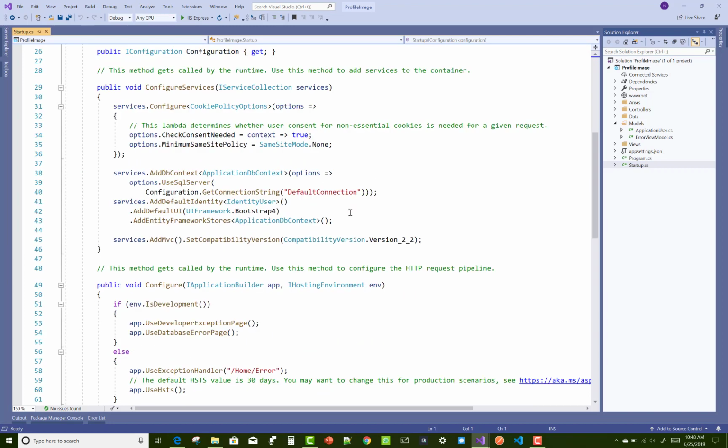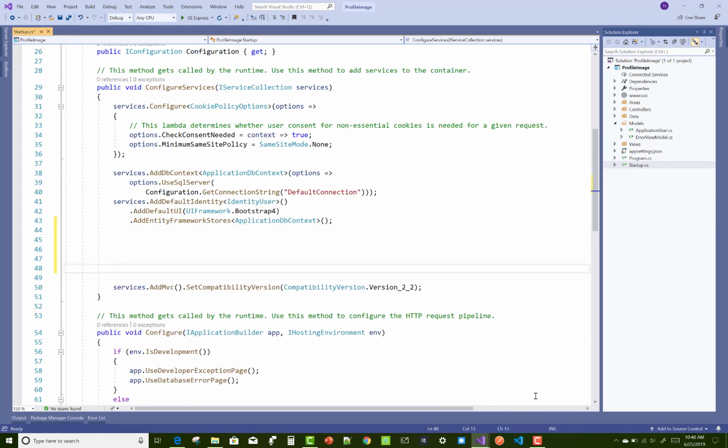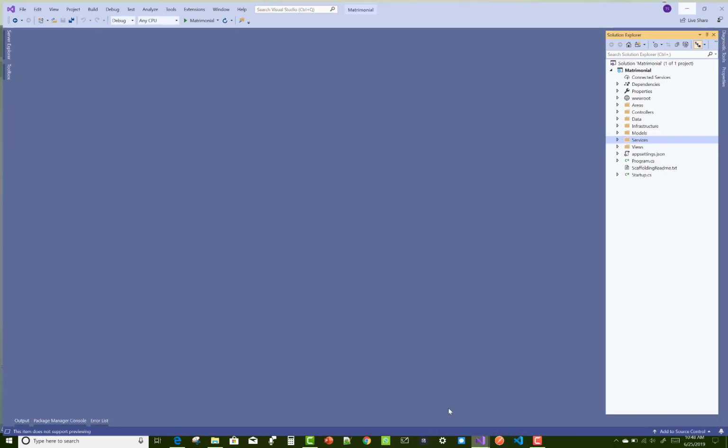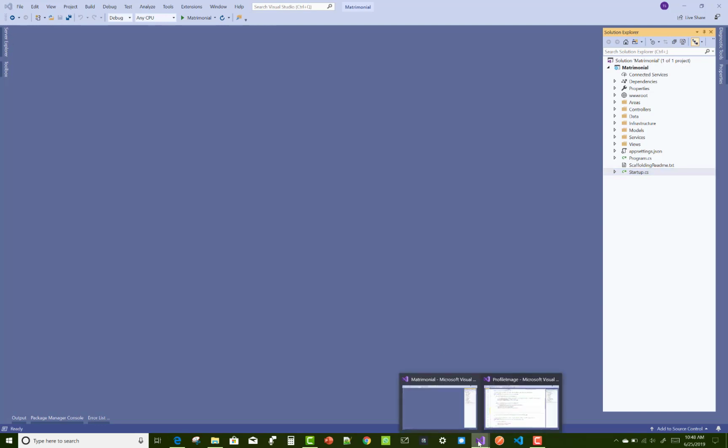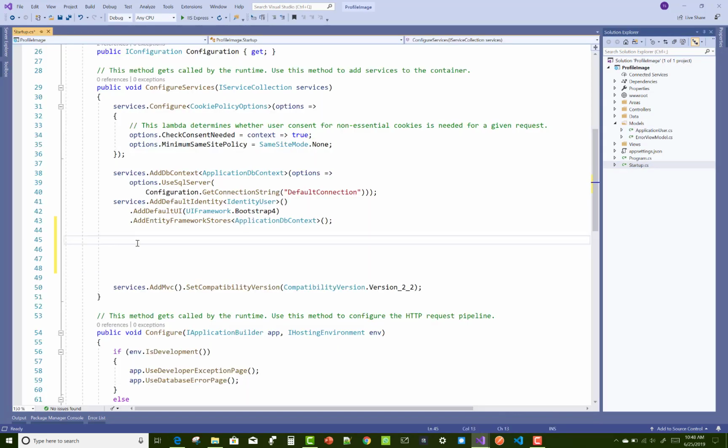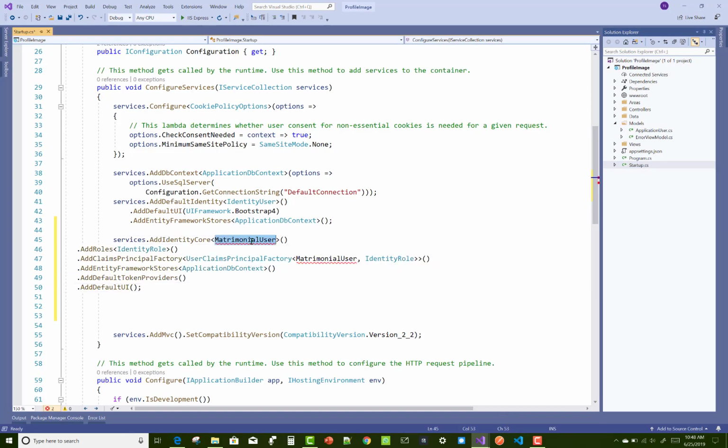So I have an ImagePath, that is of string type. Now after that, you can add